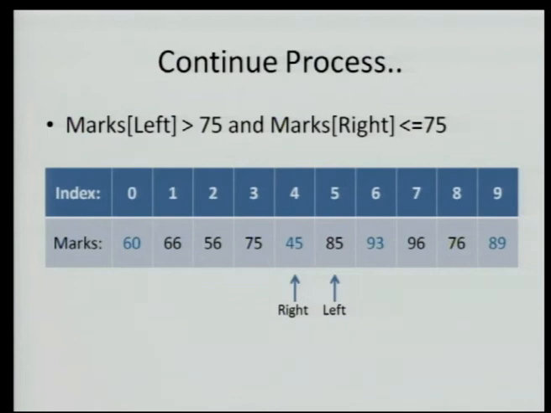That means when left and right have crossed each other, then from 0 to left minus 1 is the first partition. Can you see that? So you need to return what? The value of left minus 1. And where is your second partition? Your second partition is from the left pointer till the end. So this is how you really need to look into your algorithm whenever you are doing this particular thing.